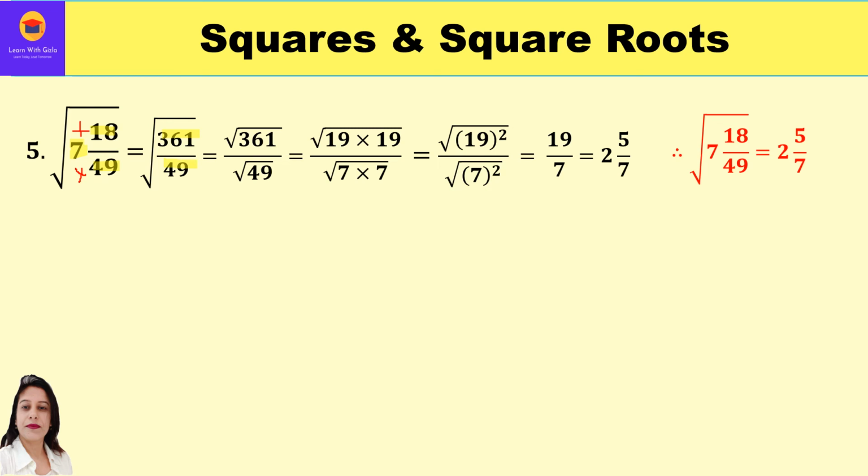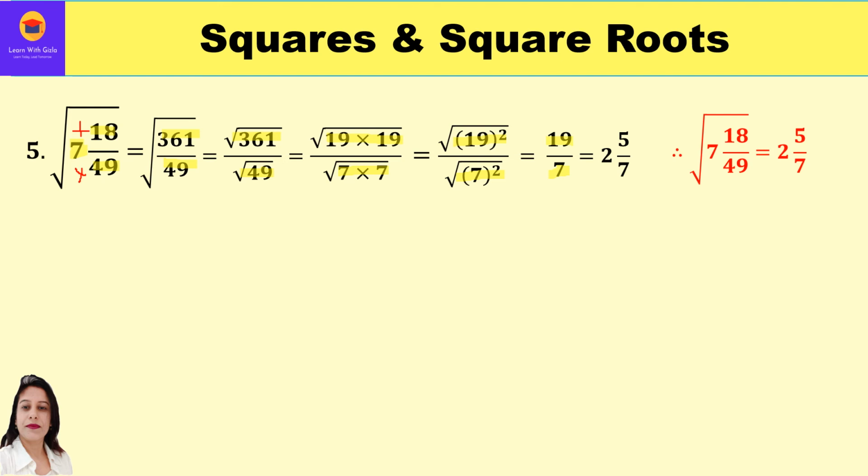Now we shall apply rule 2 over here. So we shall split it and write square root of 361 upon square root of 49. Now 361, we can write the factors 19 into 19. 49 is 7 into 7. Further, we can write square root of 19 square upon square root of 7 square. Now take out one of the factors outside, so 19 upon 7,